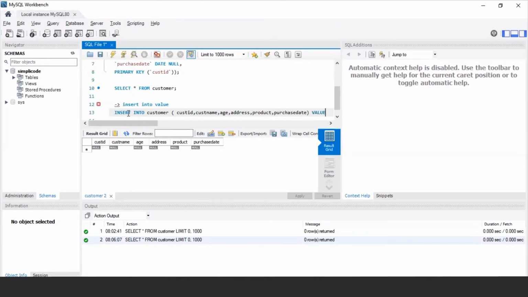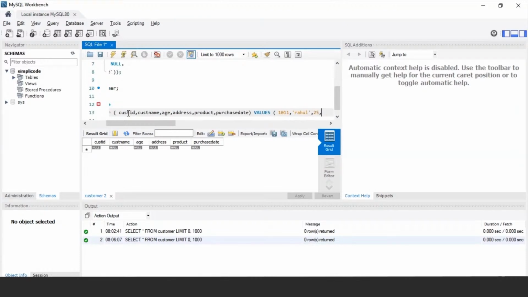Now mention the values keyword, and again within the brackets specify the values for each of the columns. So I'm taking customer ID as, let's say, 1011, comma, customer name, let's say Rahul. Now make sure you mention the character values inside the single quotes, and for integer values you need not mention the single quotes. Next, their age, let's say 25,